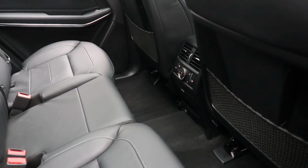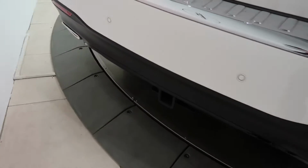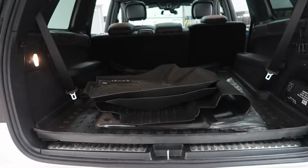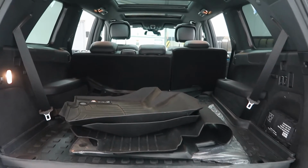rear heated seats, rear climate controls, third row seating, trailer hitch, GLS 550, 4MATIC badging, power liftgate, fold down third row seats, clean set of all season and regular floor mats,